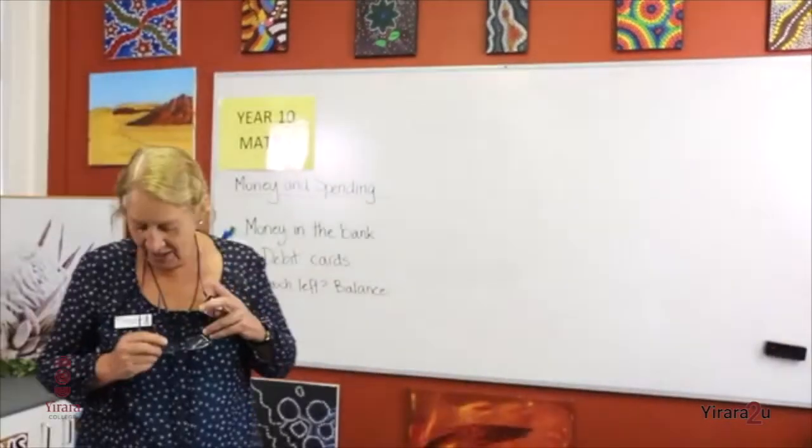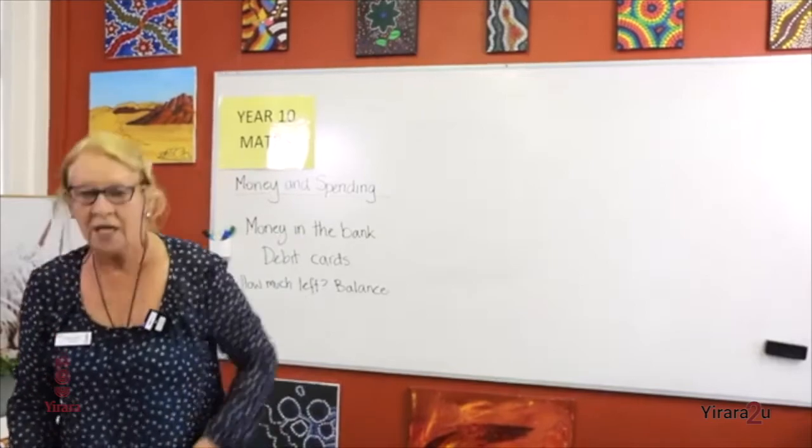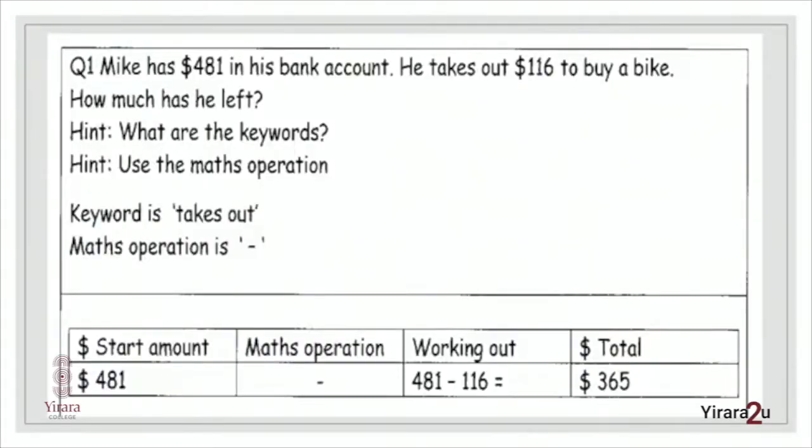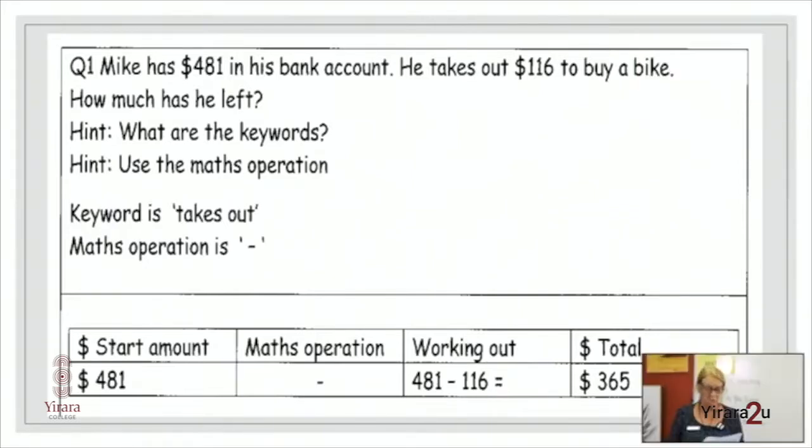Okay. Right, everyone, let's have a look at the next slide, and we're going to have a look at how these words are used in your worksheet. Question 1. Mike has $481 in his bank account. He takes out $116 to buy a bike. How much has he left? So the key words are takes out, which, as we looked at before, means minus or take away, and left means what is left. So 481 minus